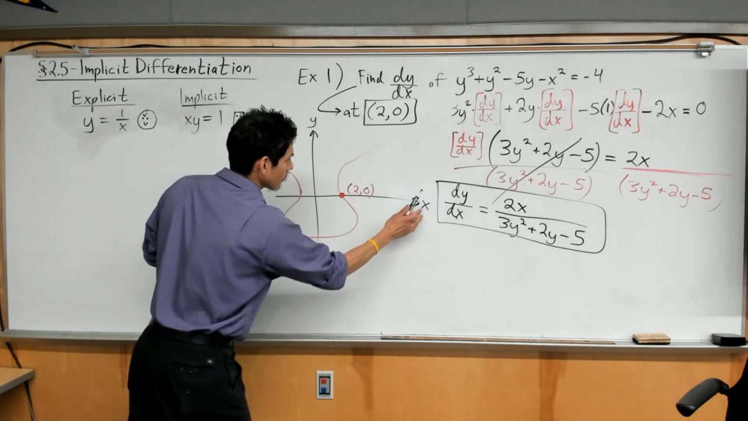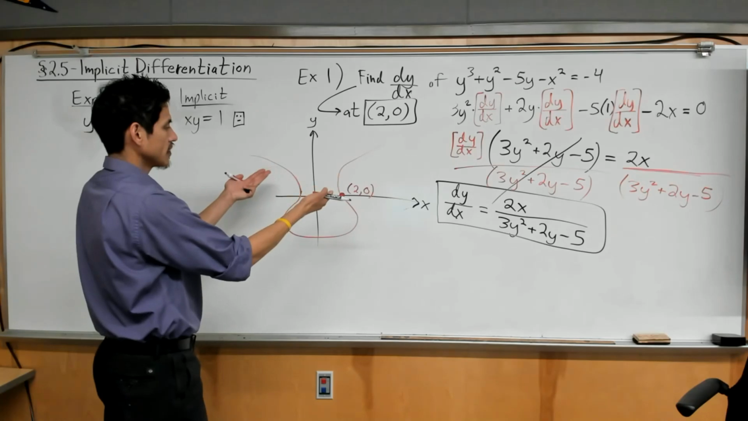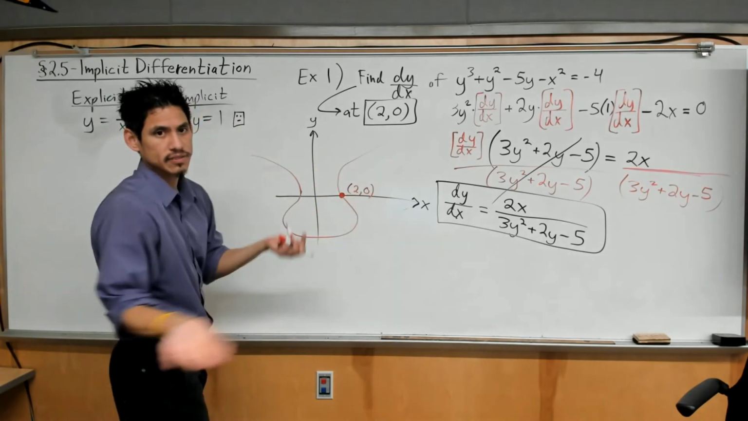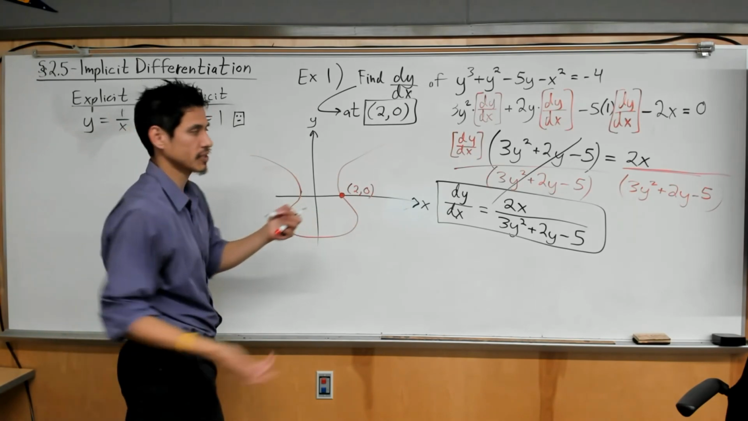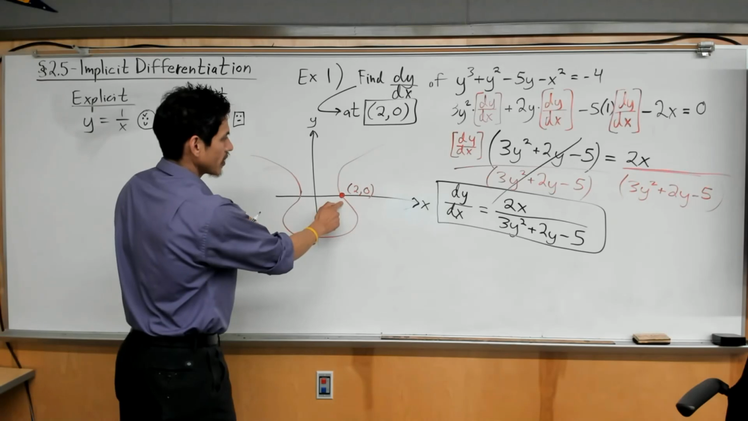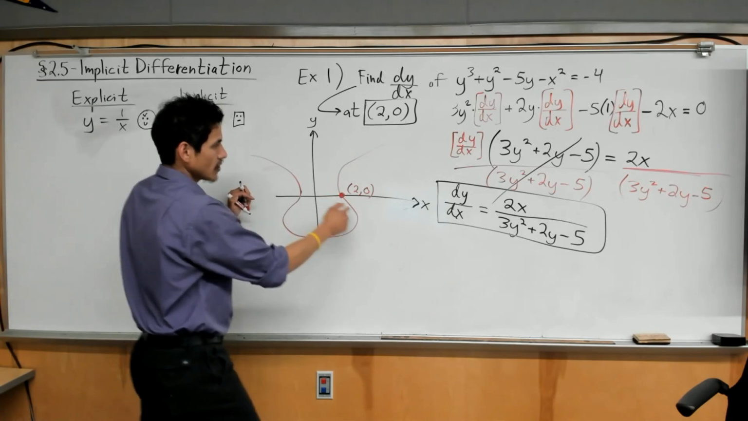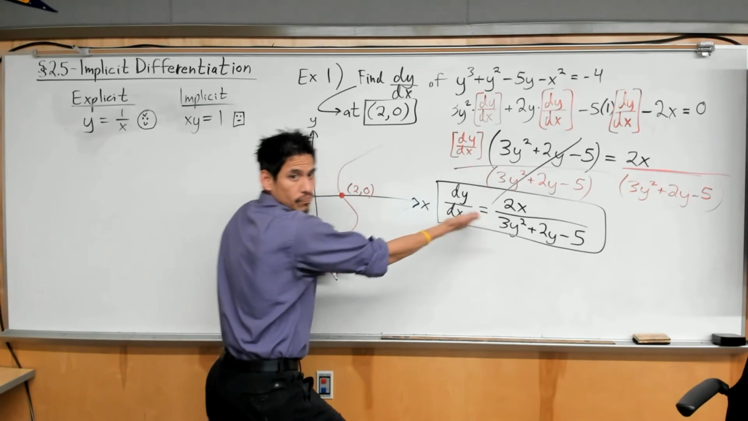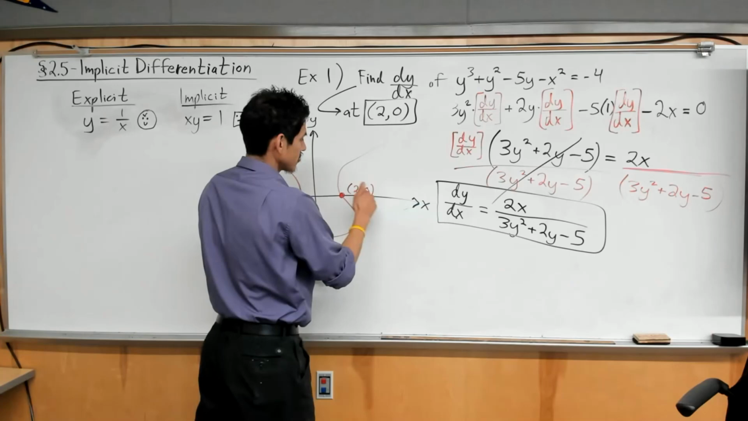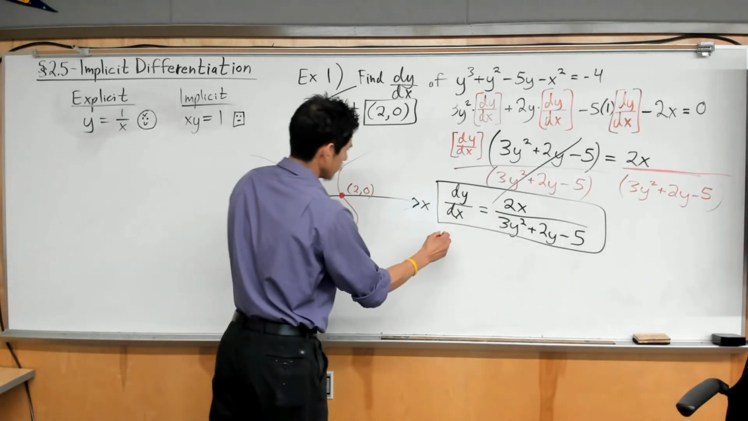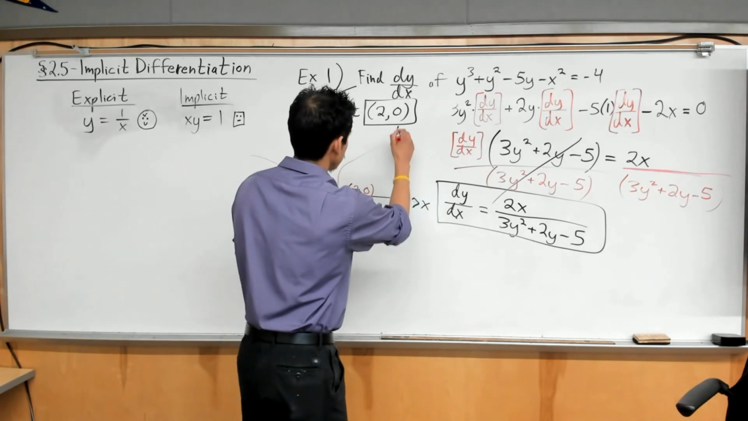X. Okay, so see, it's not going to be a function of x because it violates the vertical line test, and it's not going to have one y value for each x value, but we care about finding the slope at this point. So if we wanted to find the slope at this point, we have our equation for the slope. See? So we plug in 2, 0 for x and y. So at (2, 0),